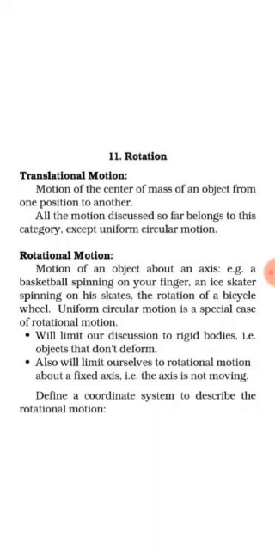The pivoted point is the fixed point, and the force is applied on the body at a suitable point along a straight path. This is the turning effect of the force and the motion of the body. This whole process of the turning effect and the motion of the body is what we call rotational motion.